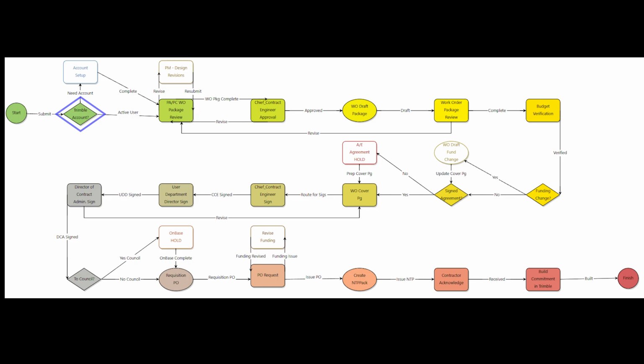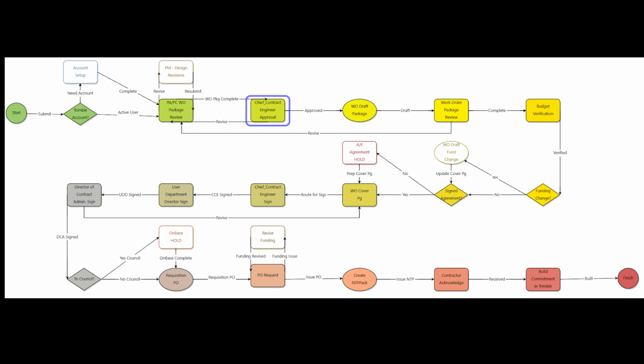Once the accounts are built, the documentation that was uploaded by the project manager design for the work order will go to the project architect or project coordinator assigned to the project. That individual will review the package to ensure all documentation is acceptable and correct. If there's any need for revisions, the PC or PA will send it back to the PM design for those edits. Once complete, the PM will send it back to the PA/PC for additional review. When all documents are acceptable, the PA/PC will send it to their supervisor, who is the chief contract engineer, for